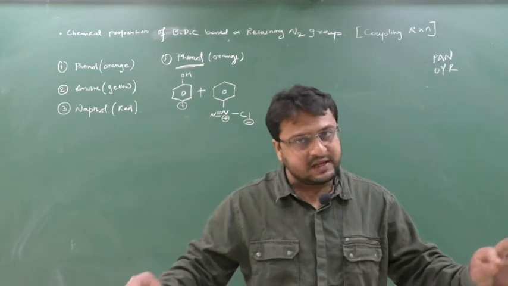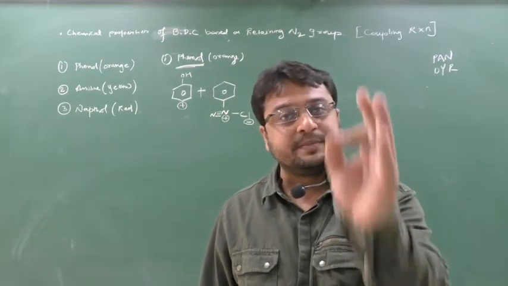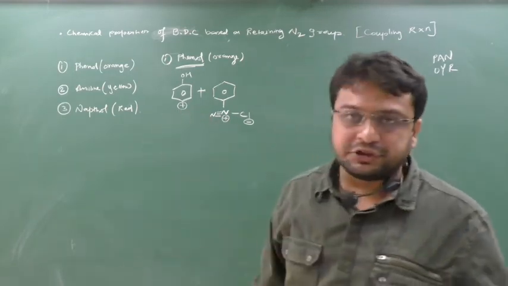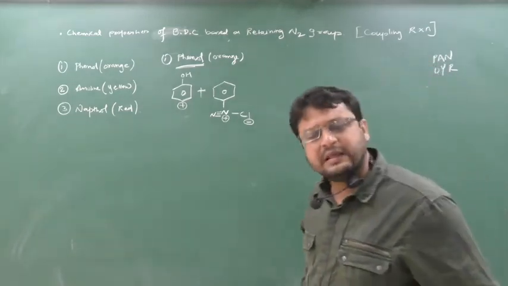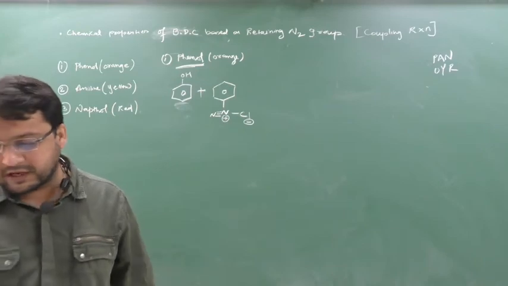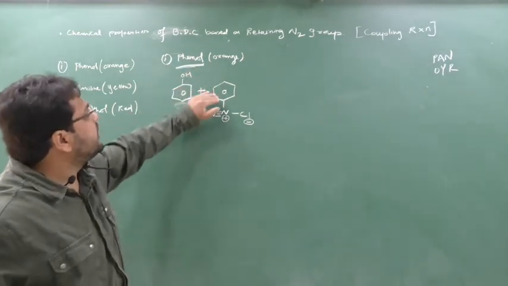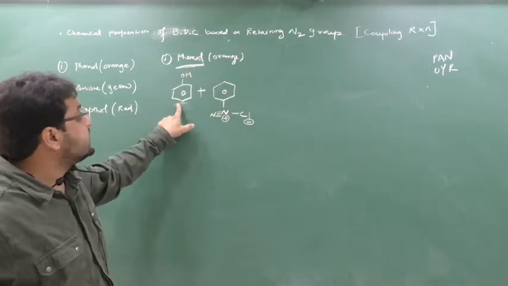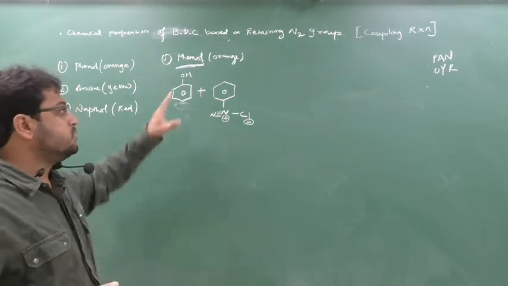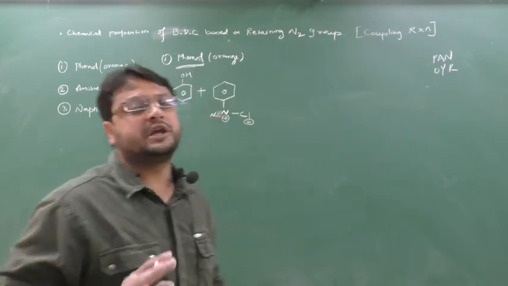Clear? It's easy. Someone can ask why the coupling takes place from the para position. Para position is more stable due to symmetry. Hence we are doing the coupling from the para position. That's it. Over. Nothing else to tell more. They will not ask, but from your logic point of view, I am telling this. Okay. So always we are doing the coupling through the para position. That's why I have written here, not there. You can add there also, but always remember the coupling will start from the para position, not from the ortho or meta, because ortho or meta are not stable due to the steric hindrance and all. Para position is stable due to symmetry. That's why we are doing the coupling through the para position.